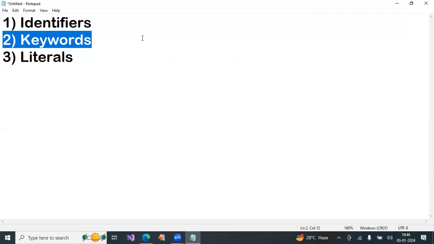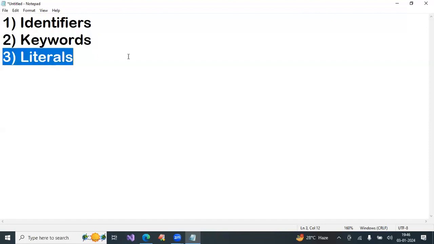No. All keywords must be written in small letters only. How many keywords are presently not in use? Two: goto and const. If you write them, error comes. Can a keyword be used as an identifier? No, we cannot.